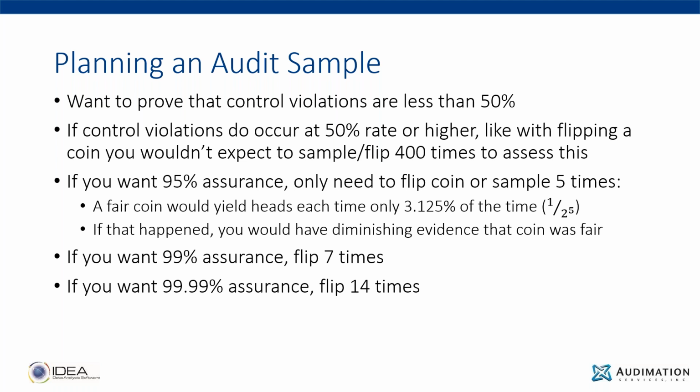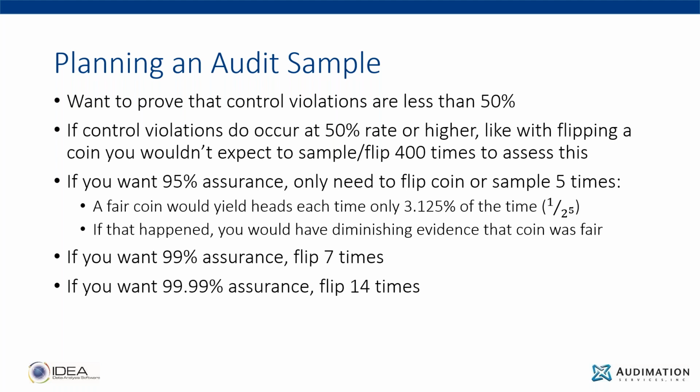Now, given that you don't know the true nature of the coin, if someone flipped the coin 5 times and you were betting that the control violations were 50% or higher, meaning you would get tails, then you would find that you'd have diminishing evidence that the coin was fair. In fact, if you wanted greater assurance, say 99% assurance, you could flip the coin another couple times, because